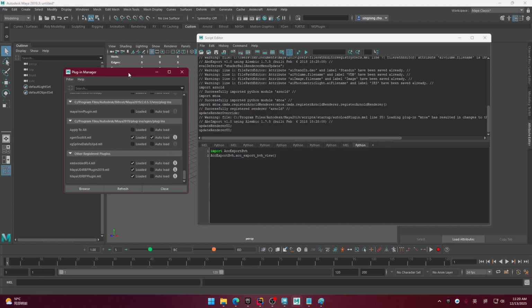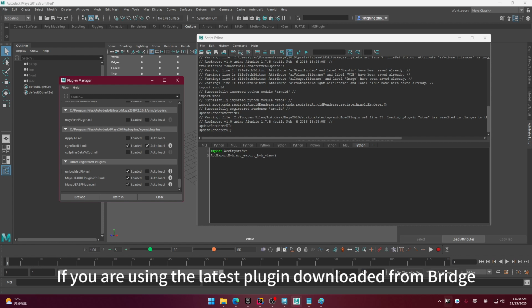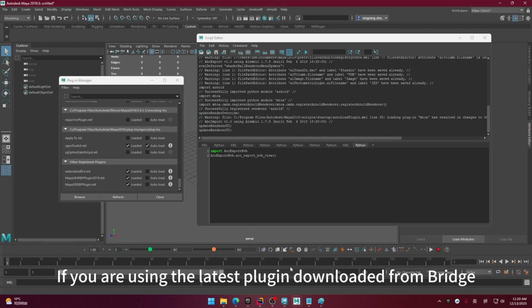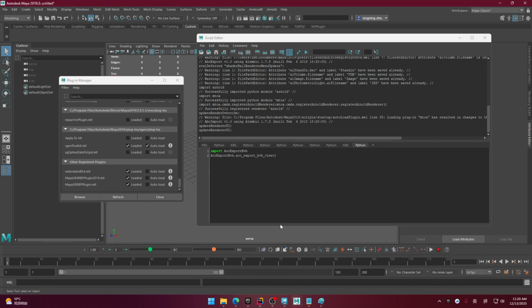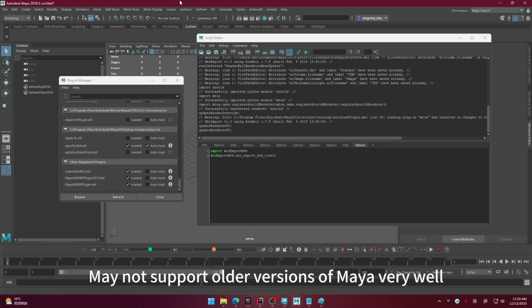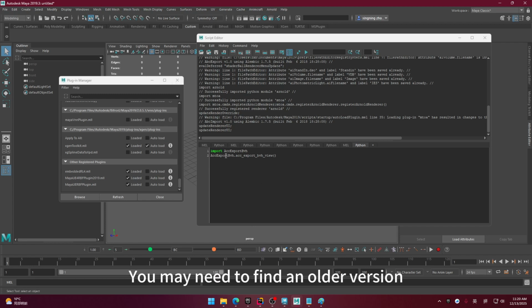Okay. However, if you are using the latest plugin downloaded from Bridge, that plugin may not support older versions of Maya very well. You may need to find an older version, or ask us for an older version. After finding it, we can then